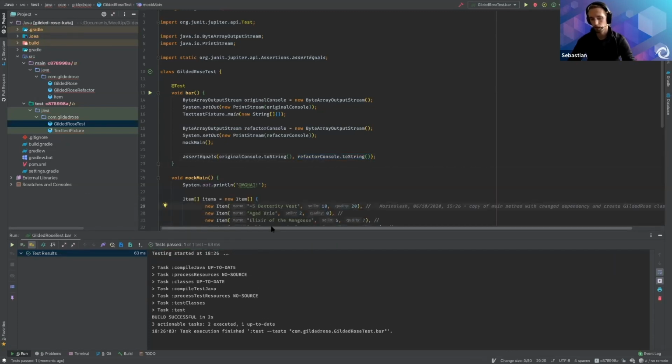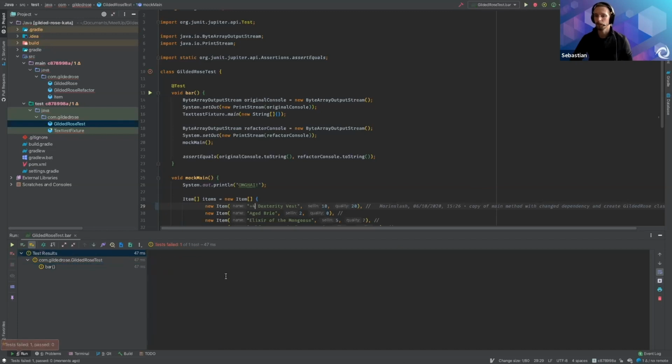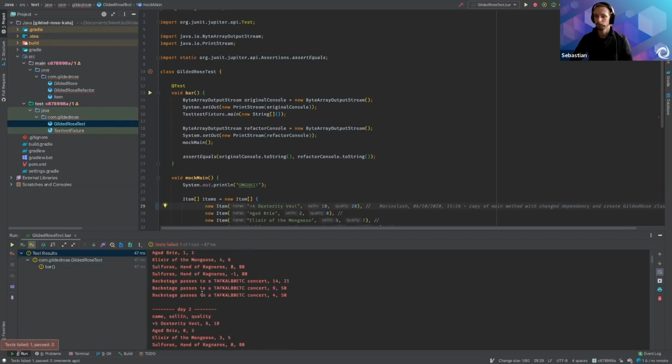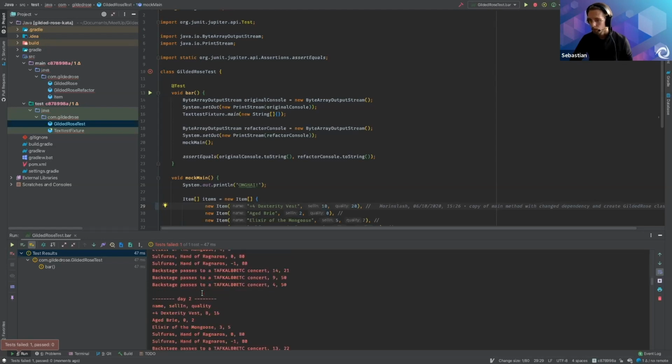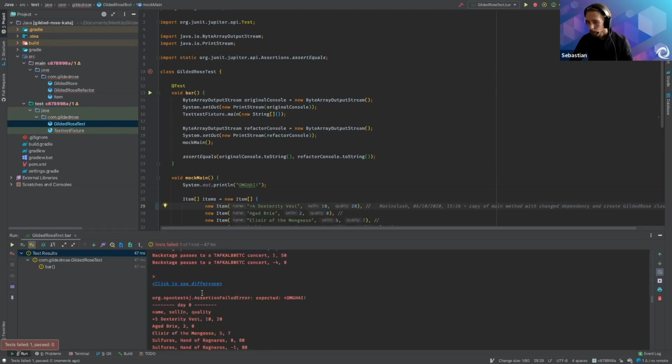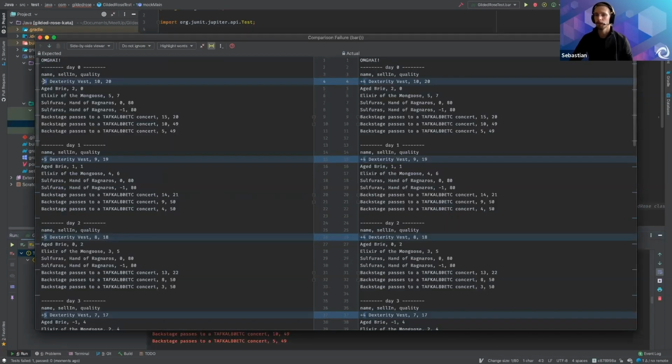If I change even one thing in the mock class, as an example, the test should fail and show me that I refactored something wrong. Actually, in this case, I should be able to find somewhere in the output the difference. So it's showing me exactly that the name of this item is completely different from the one in the original.